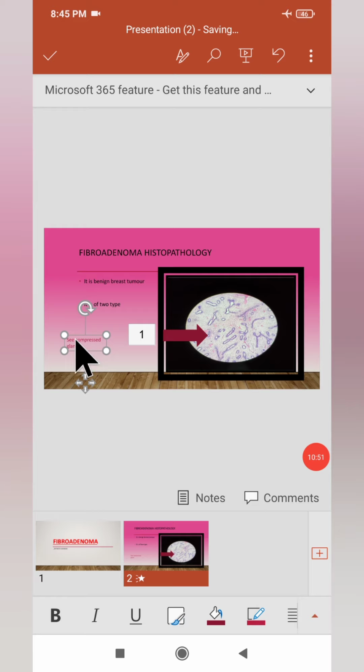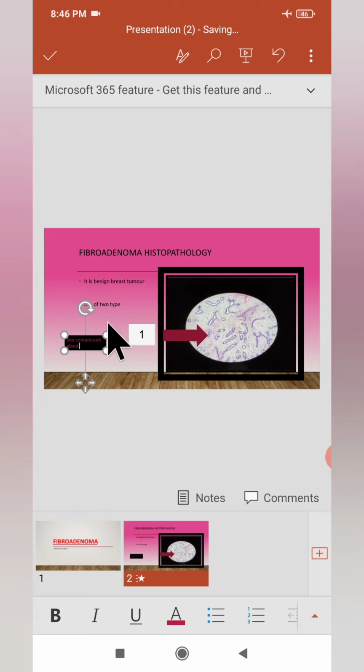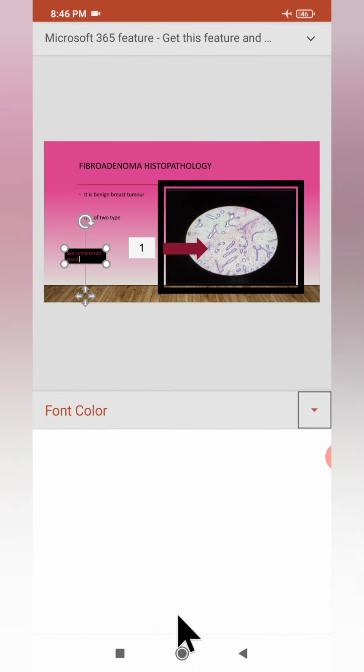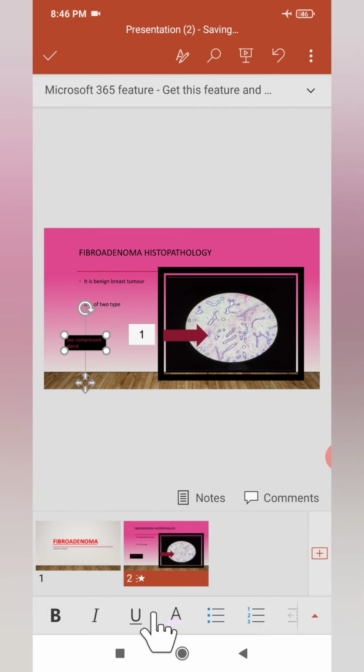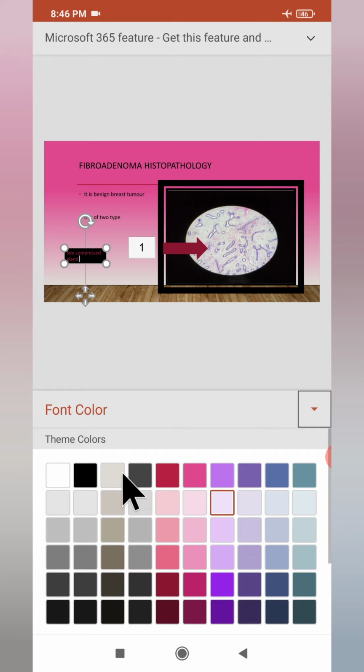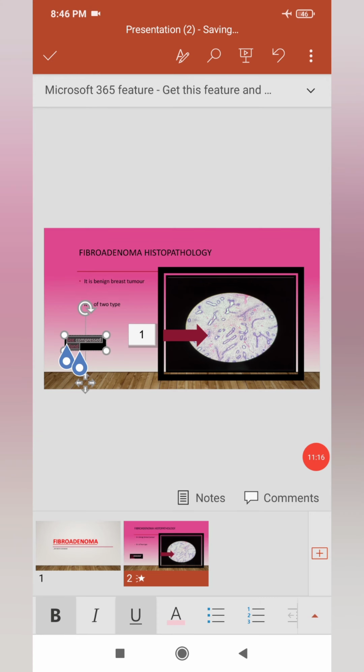And guys, suppose in this text box you want to add a different color, then here you can add a color as well. You can choose an appropriate color according to your need. So here you can see that by clicking on this black color, we have the black color in the text box. We can add a light color as well if it is your requirement, right? All right, so guys, this is all about how you can prepare your beautiful PowerPoint presentation.